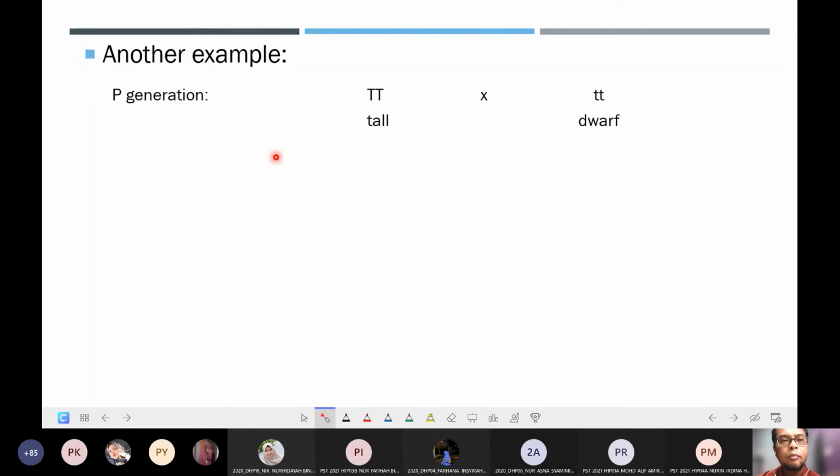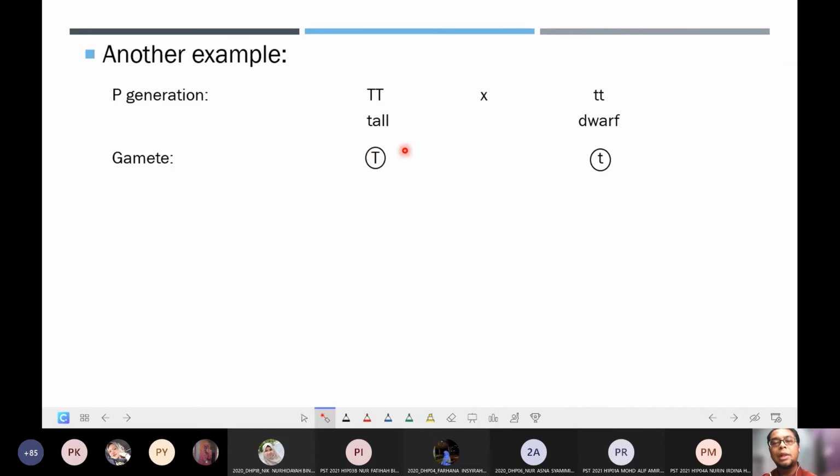Another example will be this crossing involve a plant that is tall, and we will start with a homozygous dominant plant, so capital T, and we cross this particular individual with another individual that is homozygous recessive plant, which is short plant. Okay, a short plant, and the genotype will be small t. So these two will be the parents of this crossing, and so this is considered as the parental generation. From these two parent individuals,